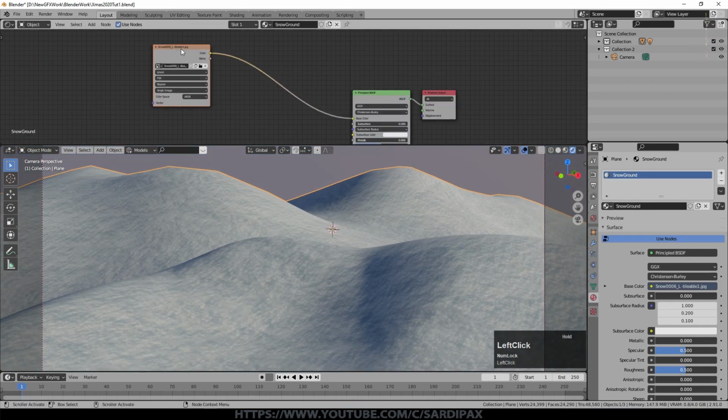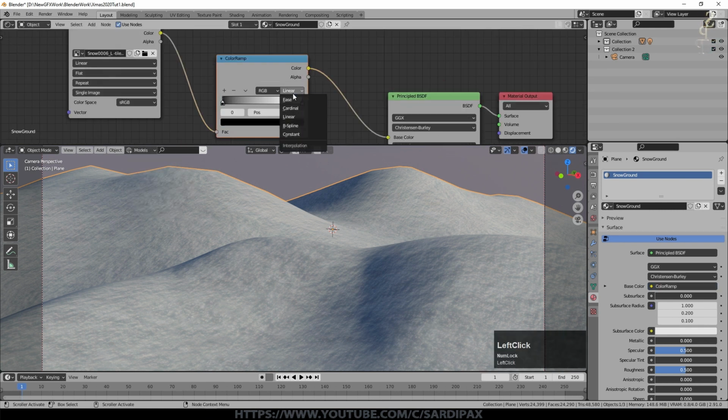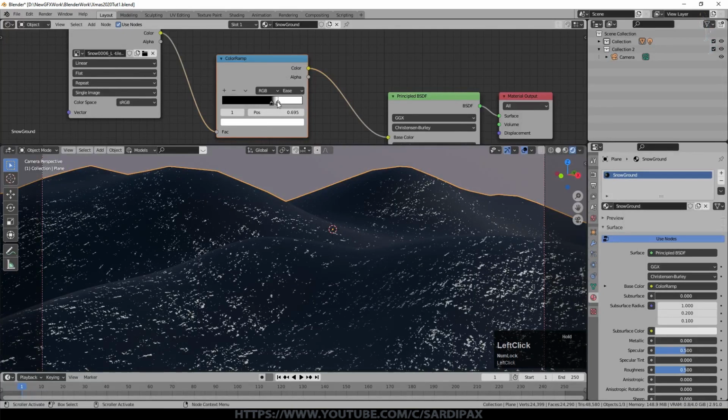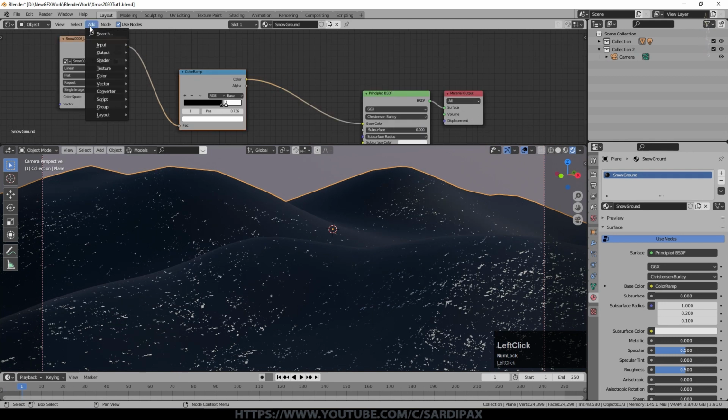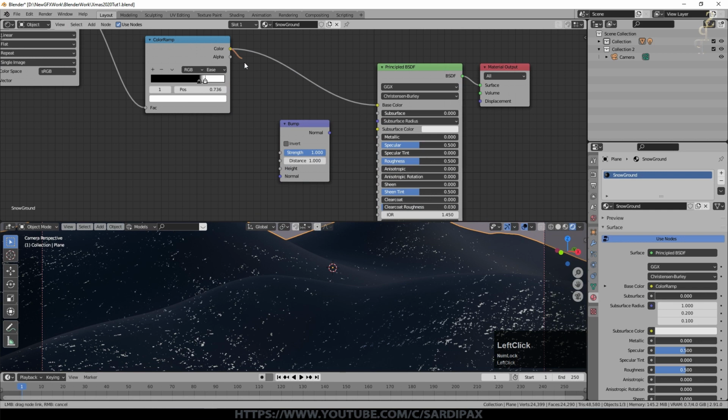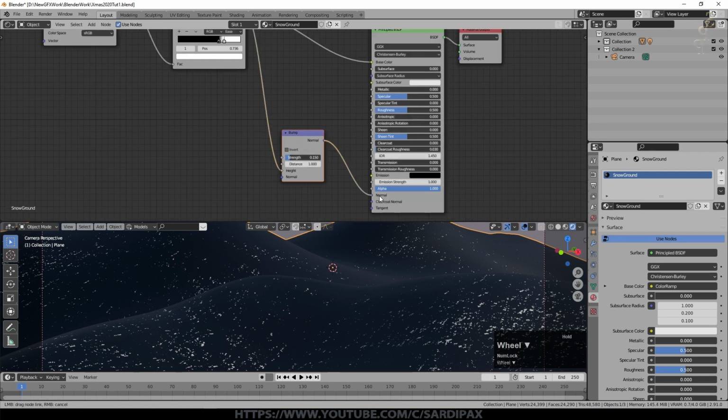So we need to do a little bit more with the snow. It's a bit smooth at the moment. So first of all, we'll add converter, which is a color ramp. I set it to ease and turn the points up to somewhere around here for this particular material. I'm looking to get these little dots. Then I add another node from vector, which is the bump map. Take the output from the color ramp into the height of the bump map. I had mine set to a strength of about 0.15, and that goes into the normal map.